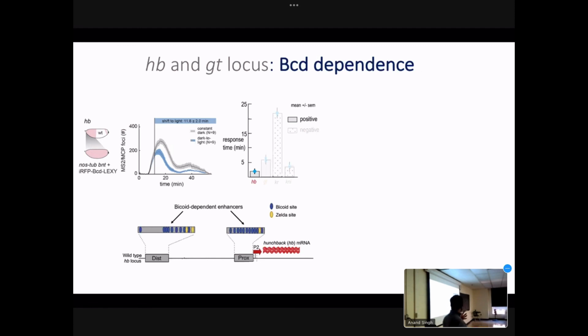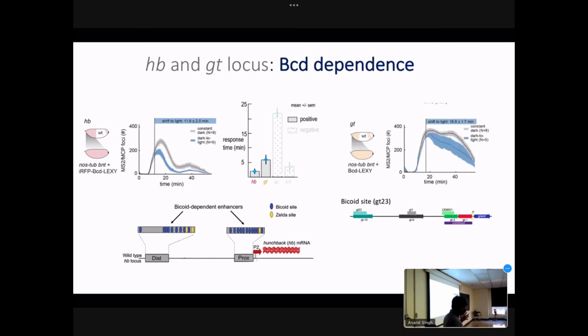The other gene we looked at, called giant, also has Bicoid binding sites, indicated here, but it also has many other enhancers, those are non-Bicoid binding sites. And so that's why actually our response,